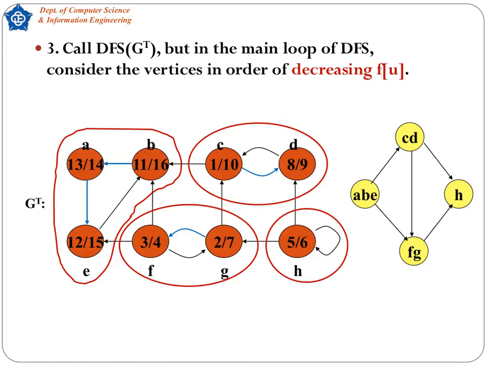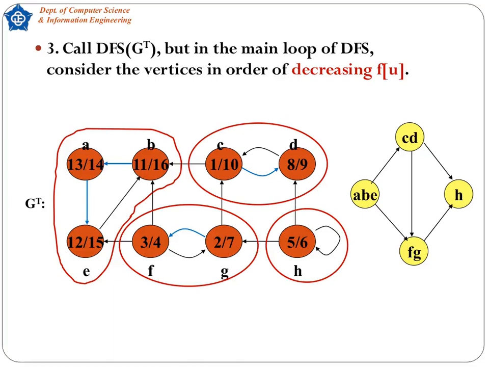Building on the transpose graph from the last slide, Step 3 runs a depth-first search on G^T, but instead of picking the next unvisited vertex arbitrarily, we follow the finish times from our first DFS. On the left, you see G with each node labeled discovery/finish. Notice that B finished last at time 16, then E at 15, A at 14, and so on down to C at 10. As we explore in that order, each red oval on the left becomes one strongly connected component,